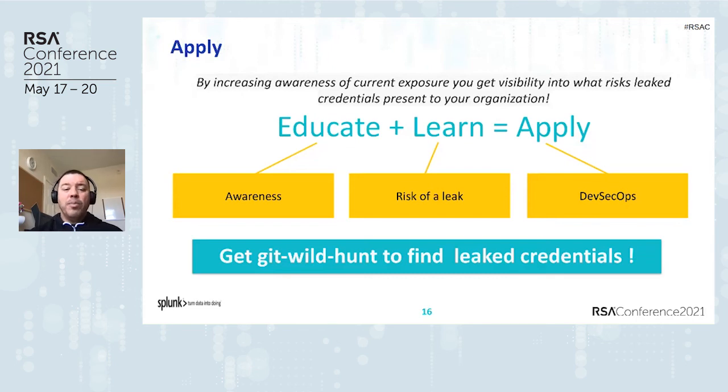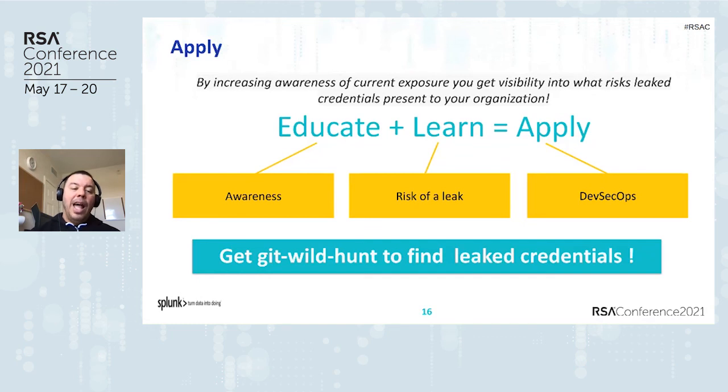So it is important for you to be aware, not only what happens at the end of this road, which is the credential gets leaked and published, but you can prevent this by having visibility, not only at the cloud